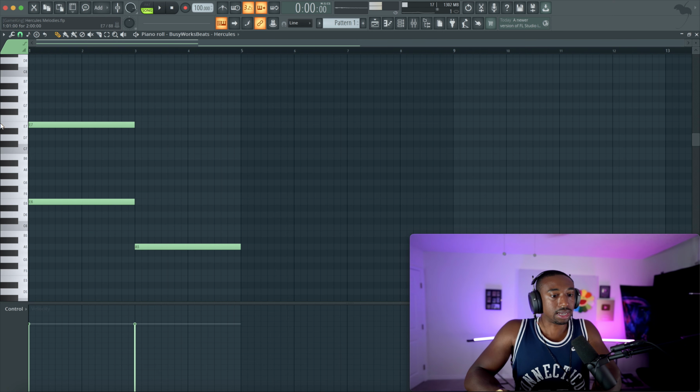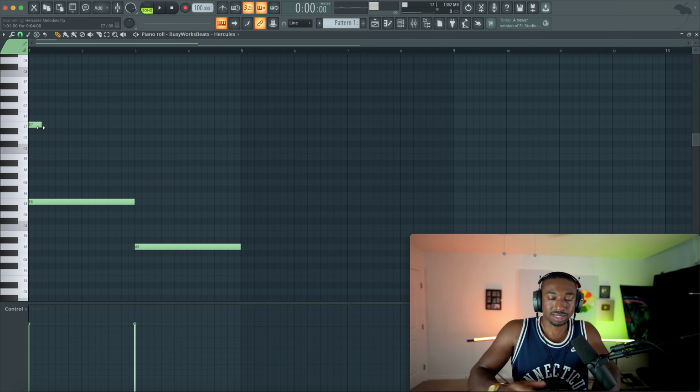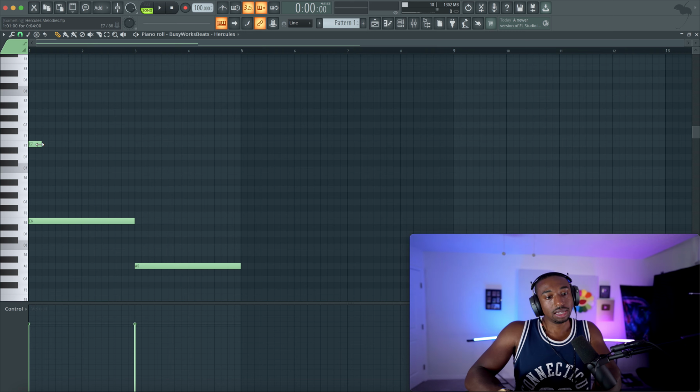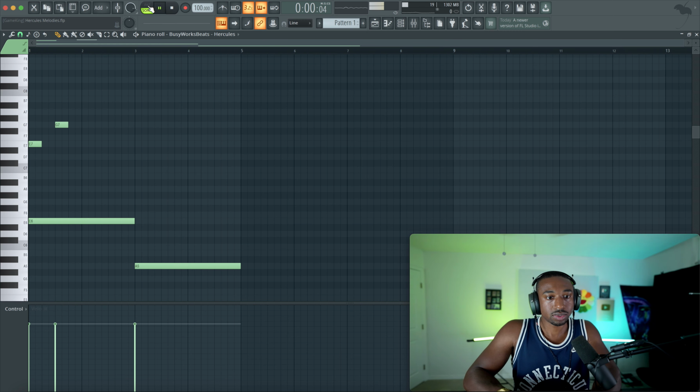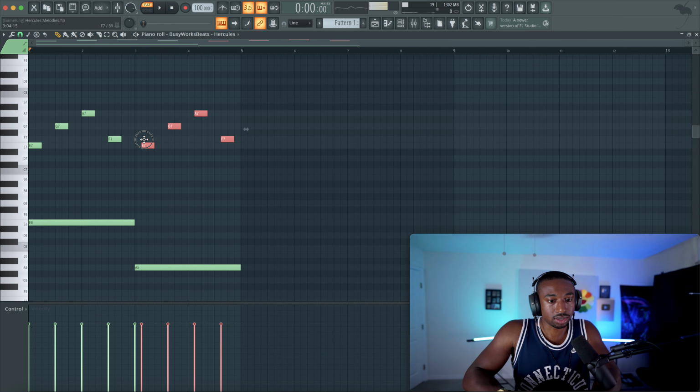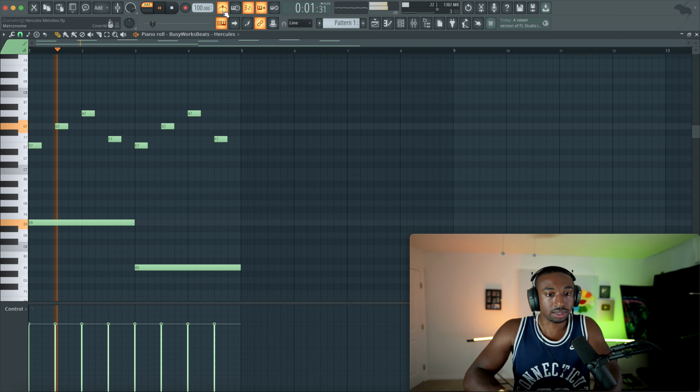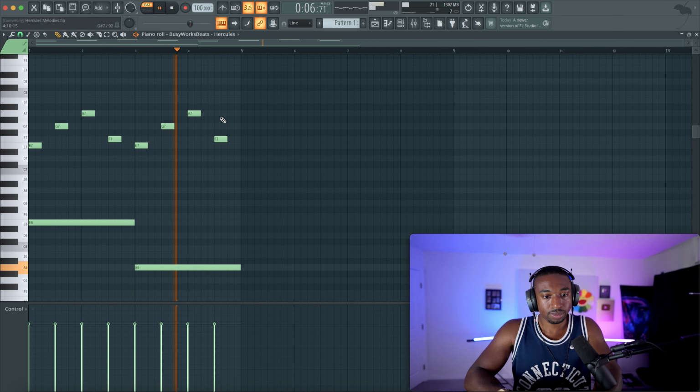And now what we're going to do is just add a top line melody. So what we're going to create right now is the background ambience for the rest of our melody here. So what we're going to do is just skip the equal amount of notes. So for example, if I start here and I skip 2 notes, let's go to pattern mode. We're going to keep skipping 2 notes and adding this note in. Okay, so it does not matter the technical music theory behind this. We're just trying to create a simple melody with the gaps in it. Okay, so really simple melody.